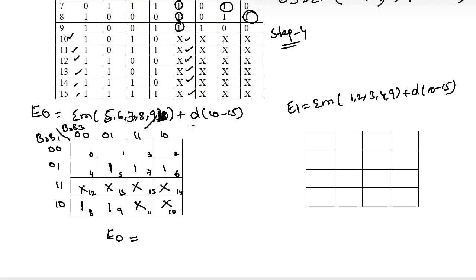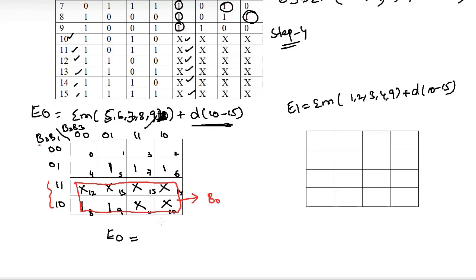After plotting values, you have to group the numbers. You can form the groups. So you can see here, the first group I am taking as an octet. This is group 1. For this group, the octet belongs to all the columns, so columns can be minimized. Now take the common terms in the row. So the row common term is 1, and 1 indicates B0. So for the first octet group, the common element is B0.